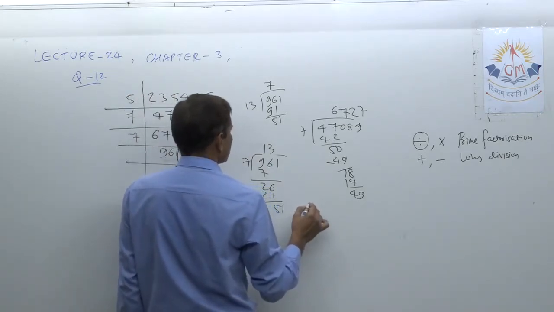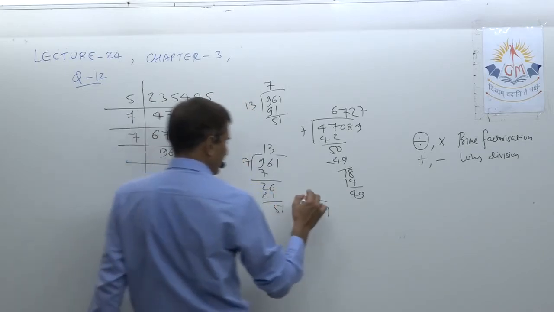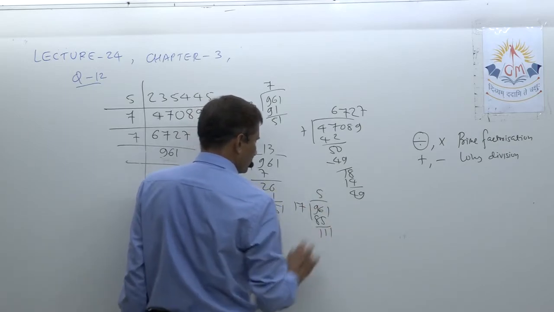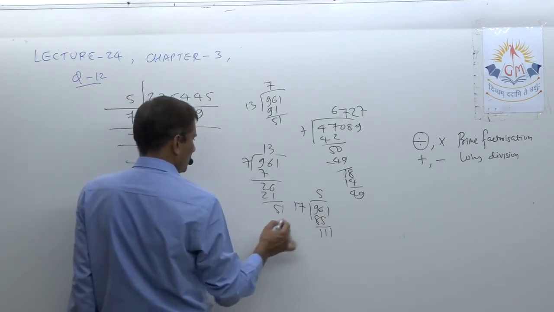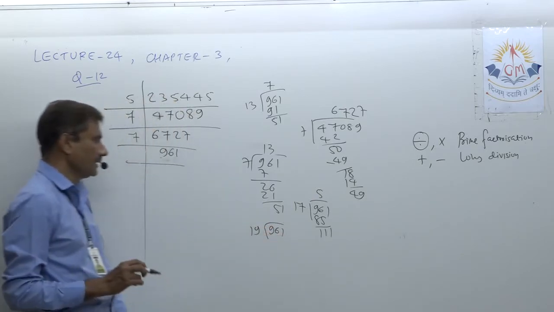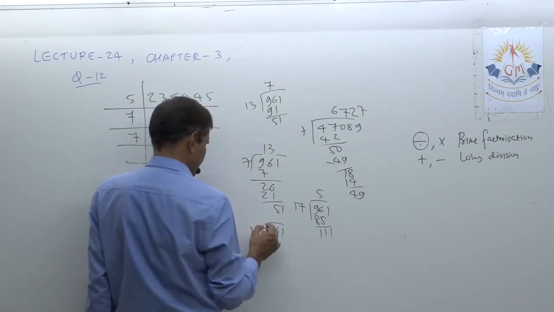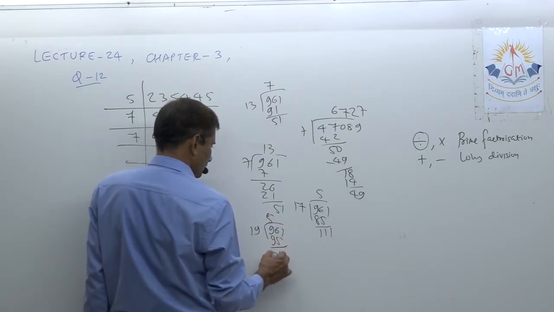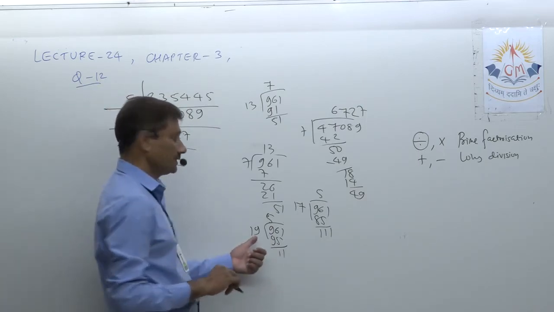So look for the next number, 17. 17 5s are 85. 11 will be there. So again it will not be in the table of 11. So look for 19, 961. 19 5s are 95, 190. Okay. So 1, 1, 11. So again not possible. So look for the next number.